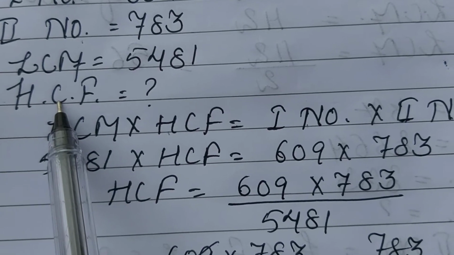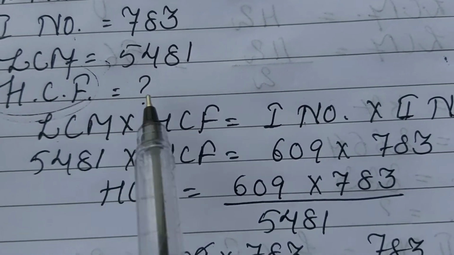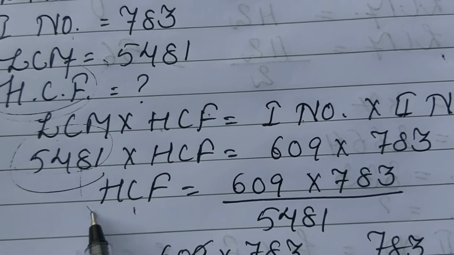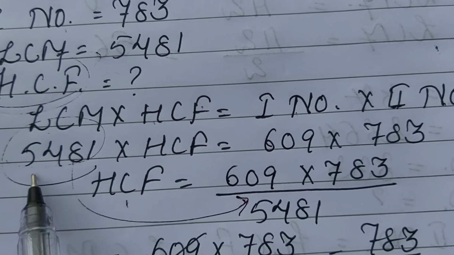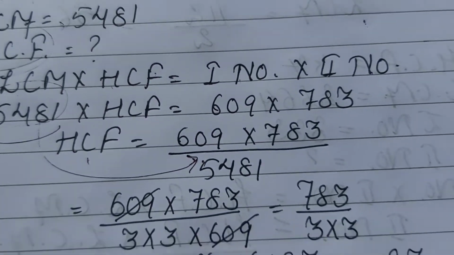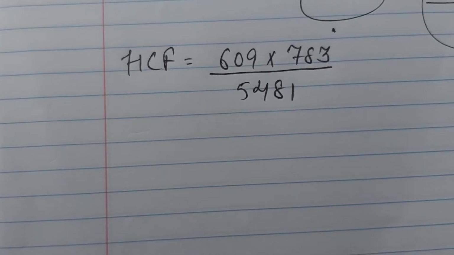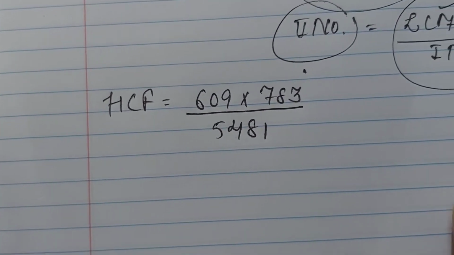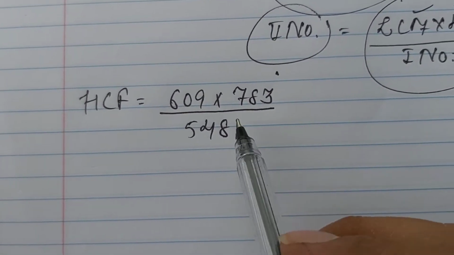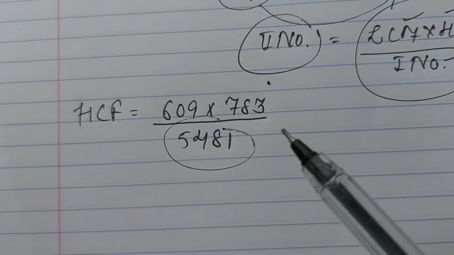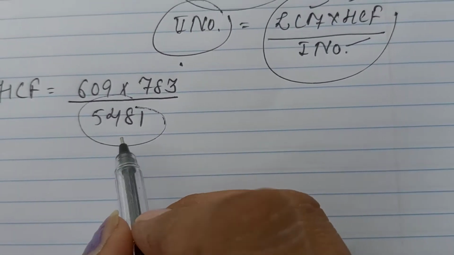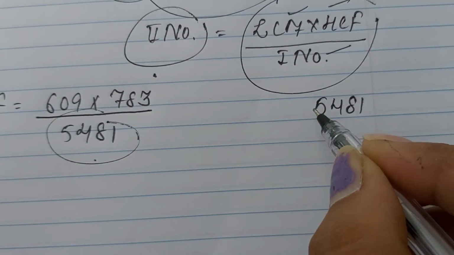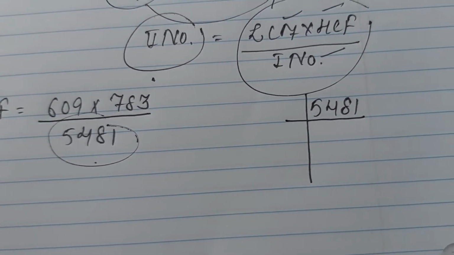As you know, now you have to find out the value of HCF. So HCF will be there and this LCM will change into division while it will go on other side. Now you have written the values. These are the values. So you will try to reduce this greatest term into smaller term. How we will reduce? We can find out its prime factors.